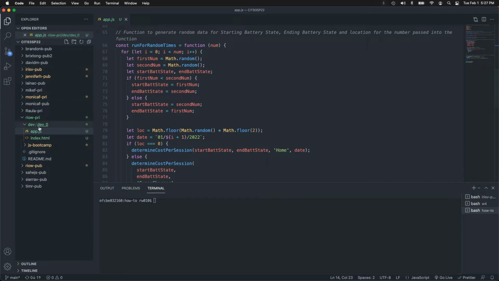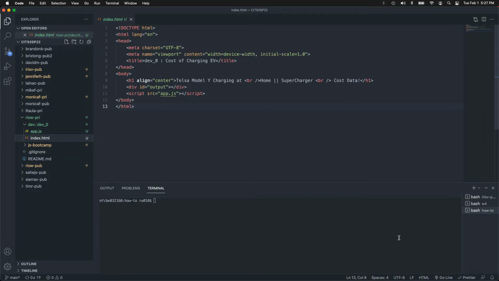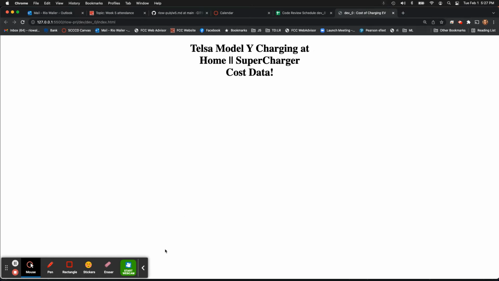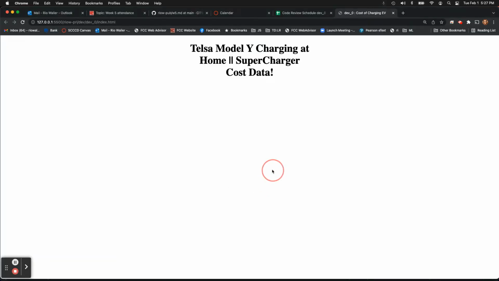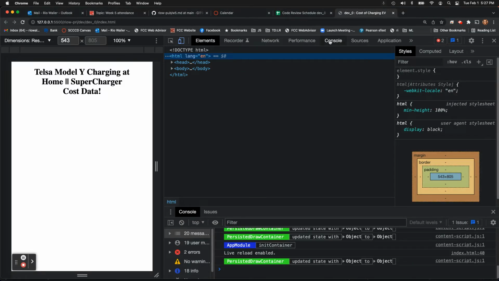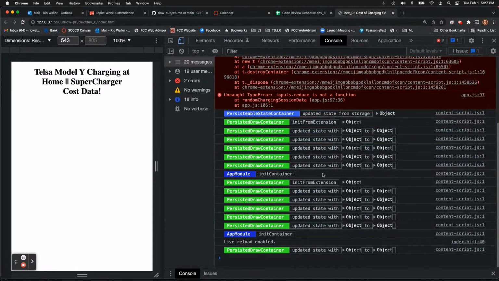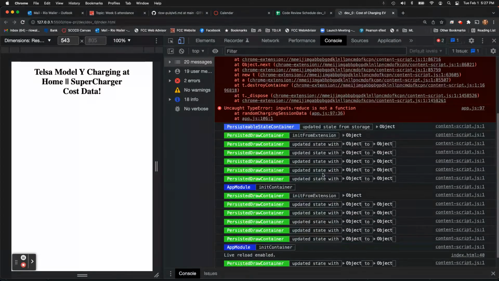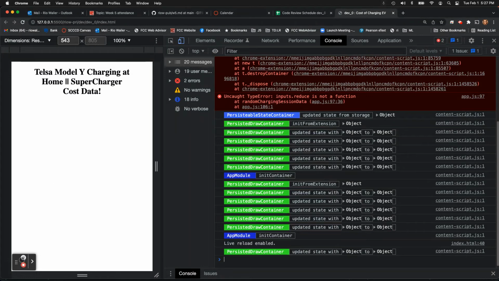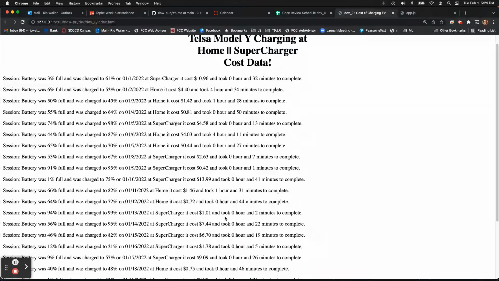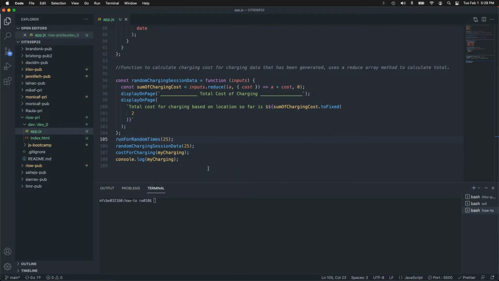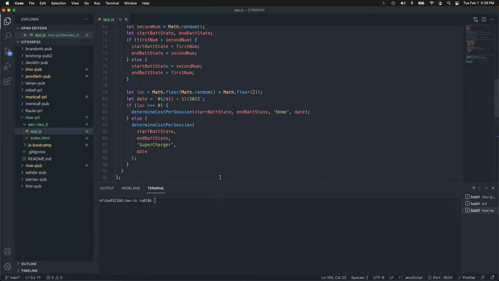So let me just run my code, and I think I've shown this before, but in case I haven't. I didn't do any CSS, we'll do that later. Ooh, looks like I have an error. Oh, I love that. Okay, I don't love that. Oh, hold on, I know what that was. I must have deleted that function call that I was actually just looking for when I was showing you, this run random times.